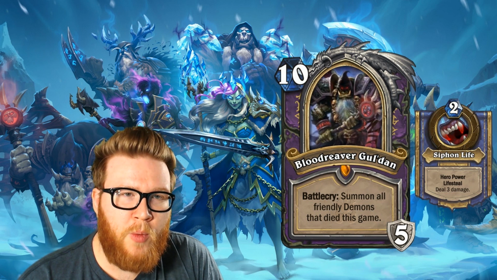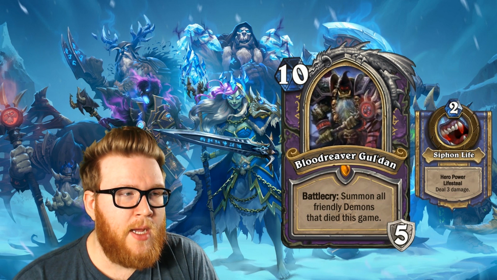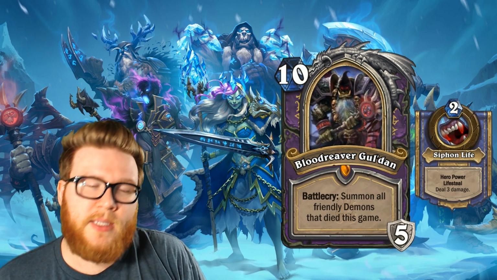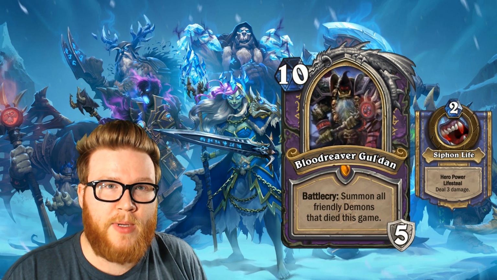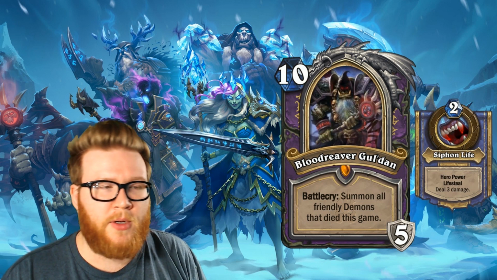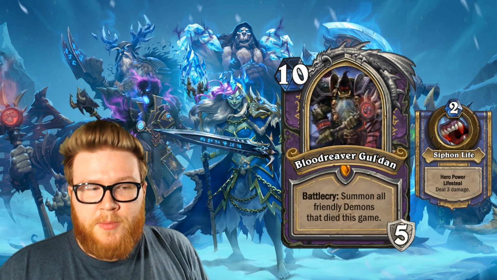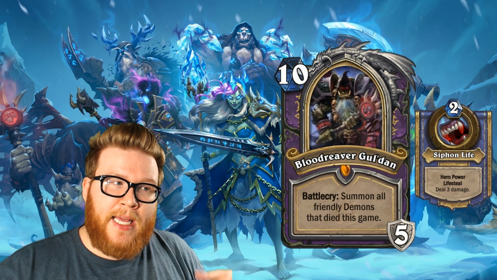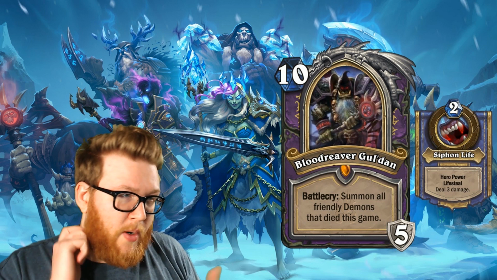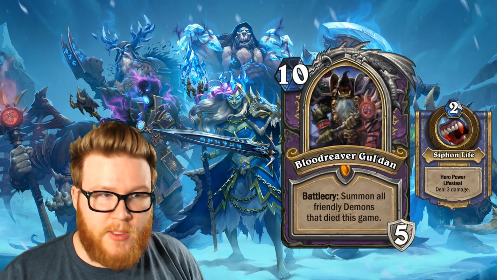Like I said, there's the Voidwalkers, a couple other taunt demons, but not ones that you probably want to play in a deck that also runs Bloodreaver Gul'dan because they have really, really big downsides, like Lakari Fellhound, for instance, the new one from Unguro. Which means to me that if you do play Bloodreaver Gul'dan, there might just be an instance where you play a lot of stuff and your opponent can ignore it and just kill you anyway, or just board clear it,